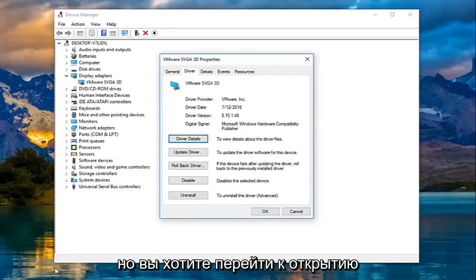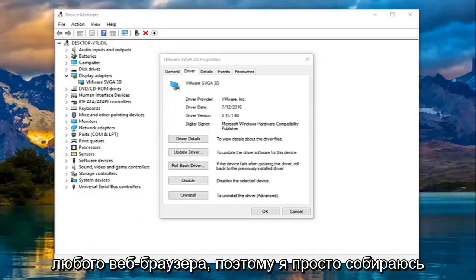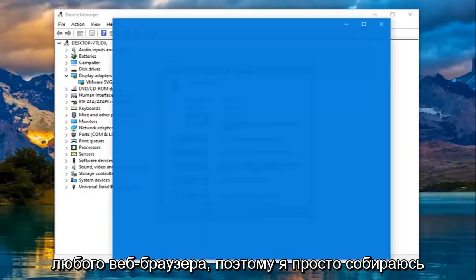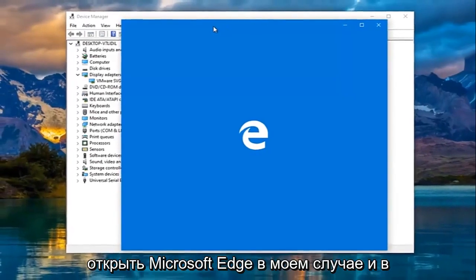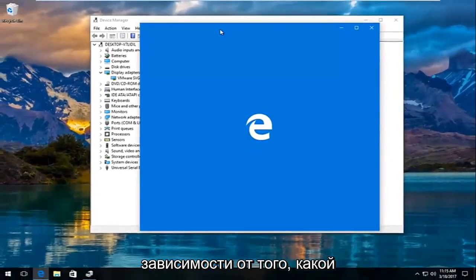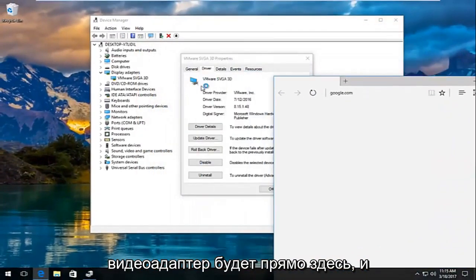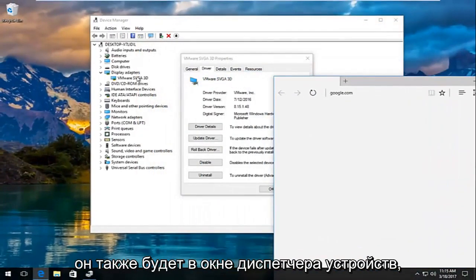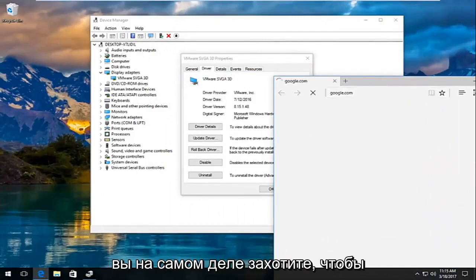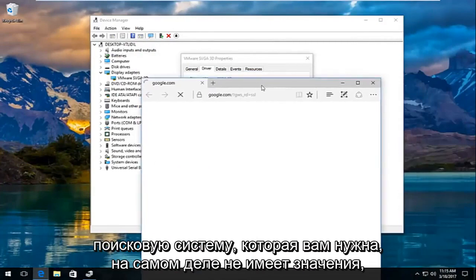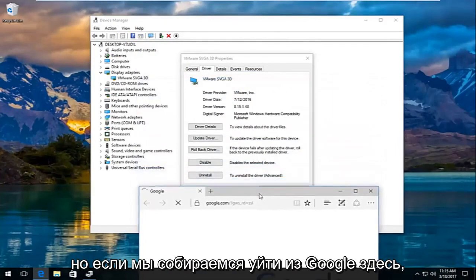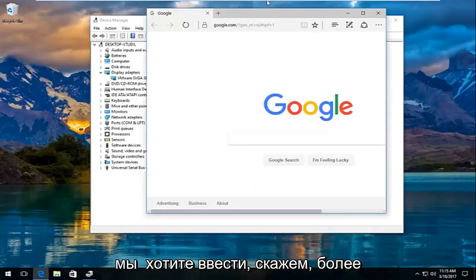What you want to proceed to do is open up any web browser. So I'm just going to open up Microsoft Edge in my case. And depending on what kind of display adapter you're using, so the name of the display adapter would be right here, and it would also be on the Device Manager window as well. You'd actually want to Google or Yahoo search, whatever search engine you want, doesn't really matter, but if we're going to go off of Google here, we want to type in,